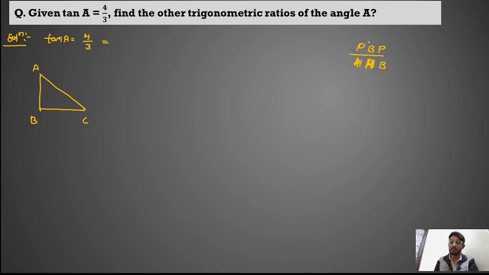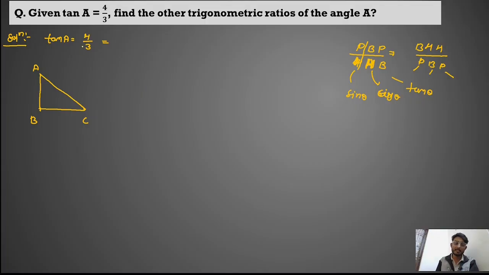So the first one is the formula of sin theta, perpendicular upon hypotenuse. The second one is the formula of cos theta, base upon hypotenuse, and the third one is the formula of tan theta. And whenever you find cot theta, it is basically the reciprocal of this, meaning B H H P B P. This is cot theta, this is sec, and this is cosec theta.